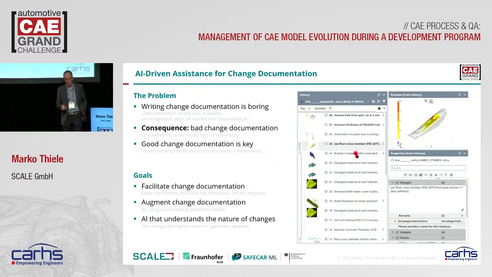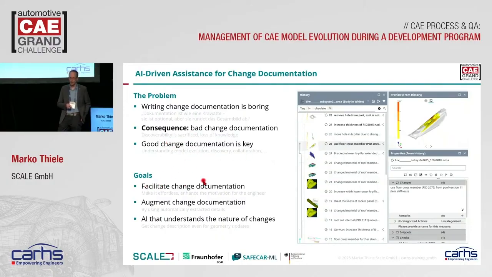Okay, but back to change documentation and version control. Documenting what a user has done in a change is very key for the SDM system. Without this, you don't have the information that you need for traceability, for actually discovering your data. The problem here is that writing change documentation is boring. Yeah, it's very boring, and nobody is doing it. So people are just putting in some weird stuff, and the consequence is that change documentation is bad, and knowledge is lost. So we actually need to